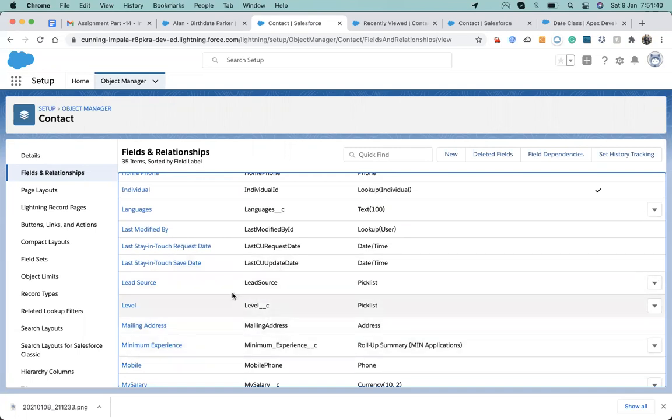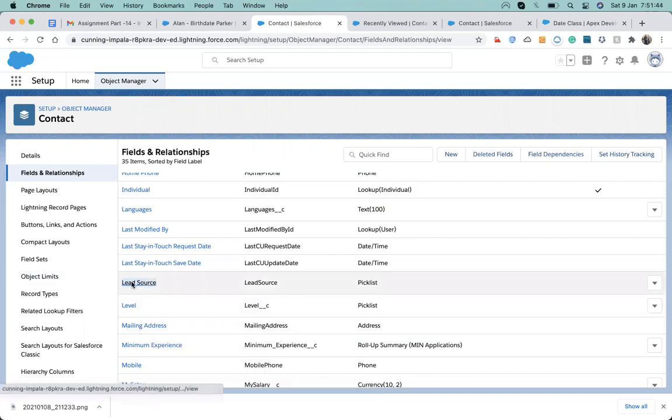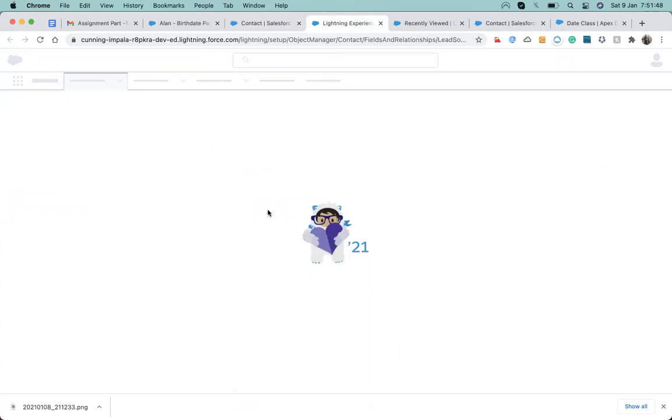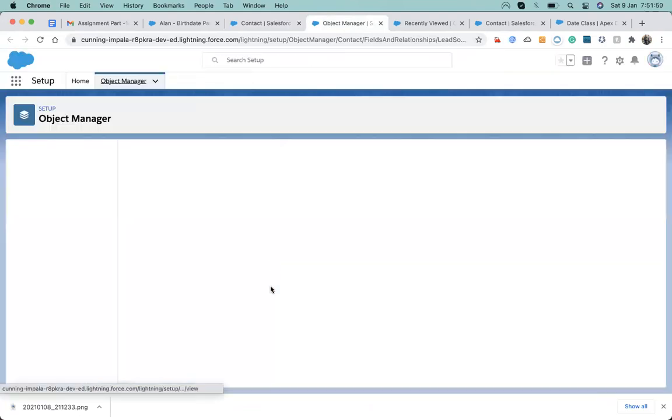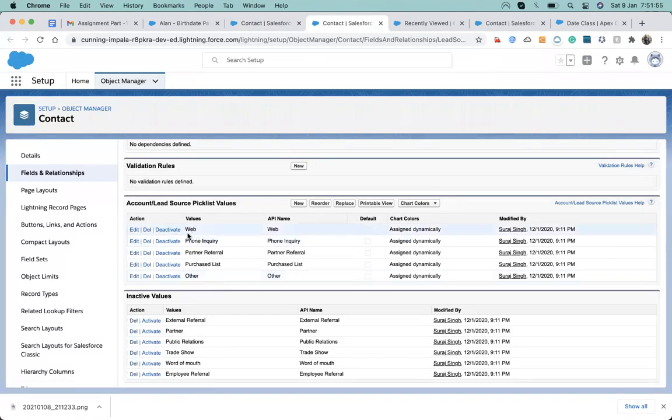For the pick list value, we first need to take a look at what values this field accepts. So let's go here. You can see that this field's pick list values have a value and an API name.